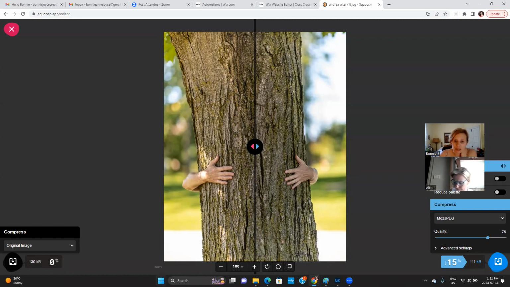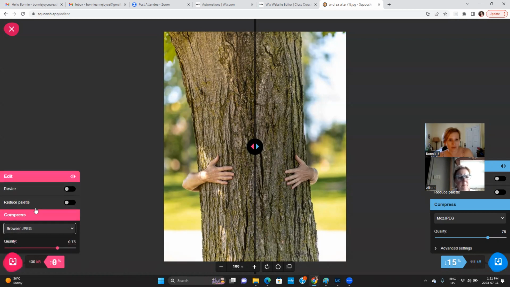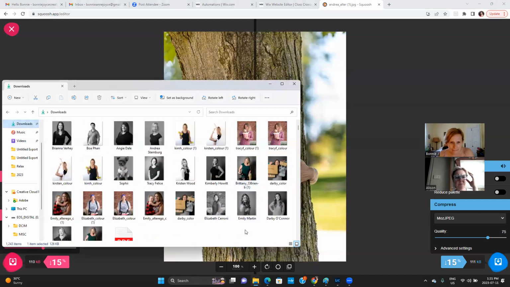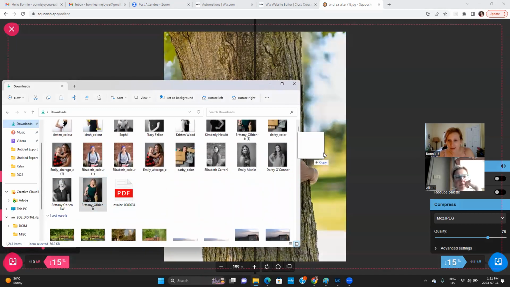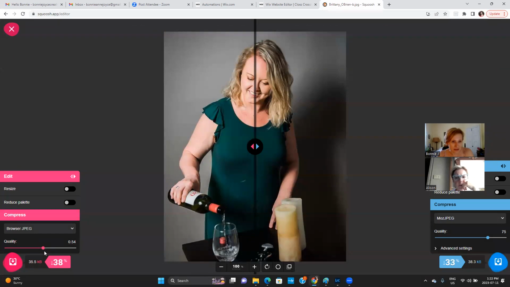So here I've just grabbed a picture and I just plunked it onto the screen. On the bottom left, you go to open, say browser JPEG. That is what I usually use for websites. I click on browser JPEG, and that is going to shrink the photo down to the size that you need for a website. I've already shrunk this photo, so it's not that impressive. But if I go to, for example, this photo here, putting it at browser JPEG is going to reduce the size of it 38%. Often it'll reduce the size like 95%, which is substantial.